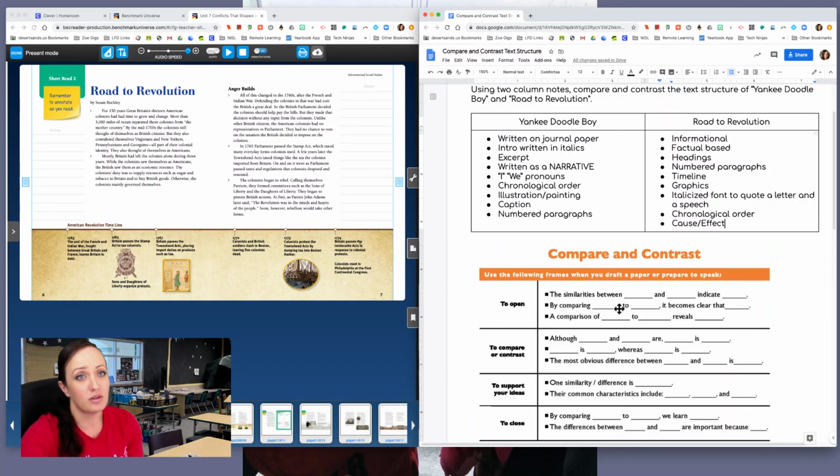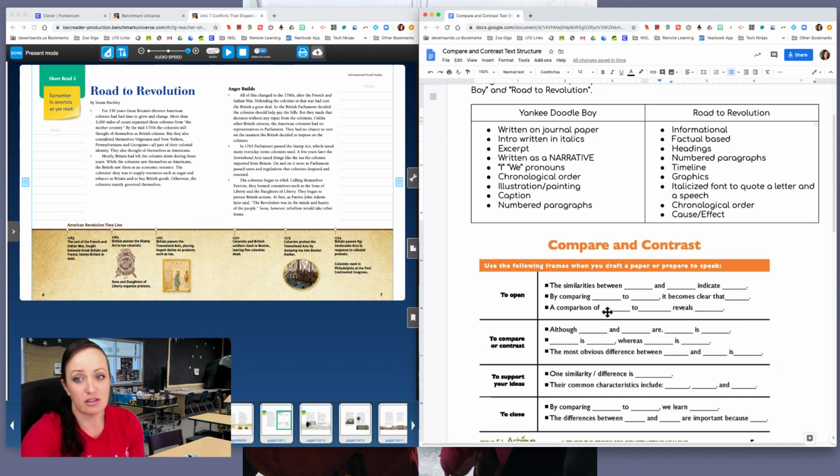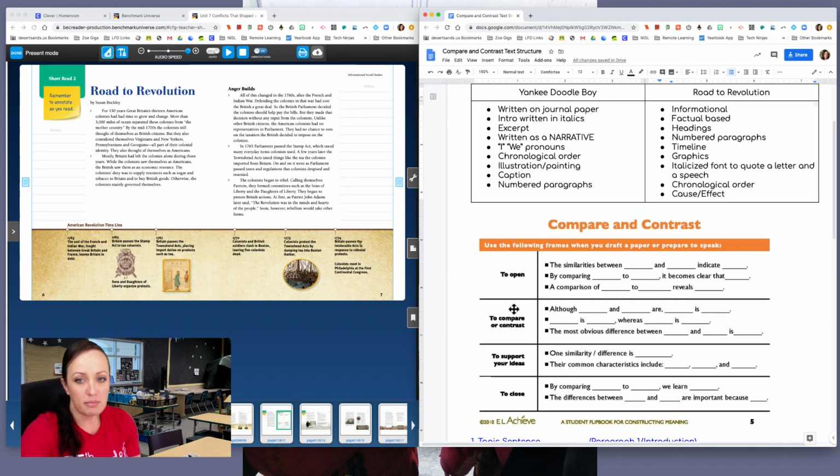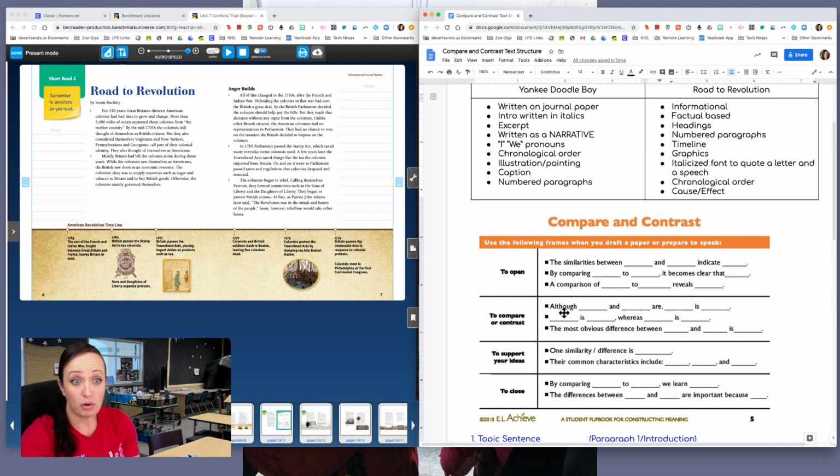You can also use a different way that you might have a favorite way of saying that as well. I'm open to that. Then the middle sentences, to compare or to contrast. So it's going to depend on what you're going to be saying. You might be doing both, where you're comparing the two and saying what's similar between them. So they are both written in chronological order. So that's something I can use in that area. So I can say, although blank and blank are blank, blank is blank. So although Yankee Doodle Boy and Road to Revolution are about the Revolutionary War,